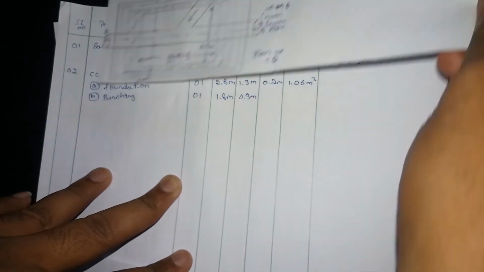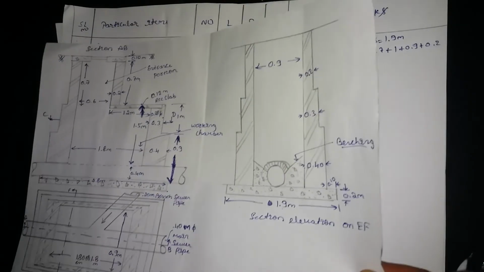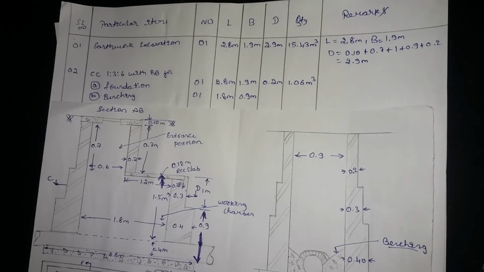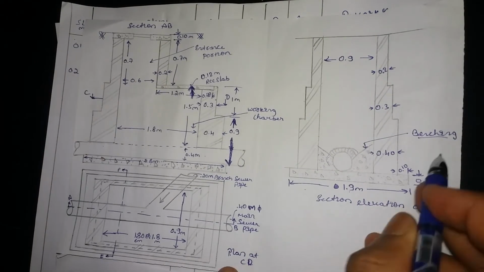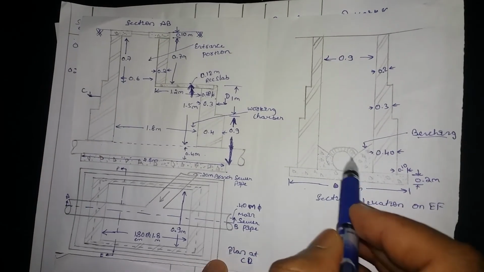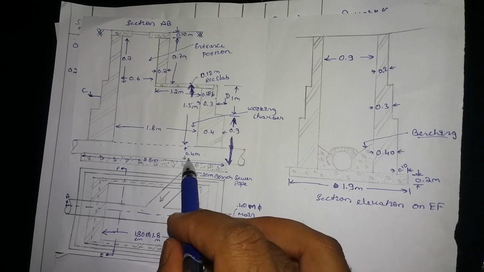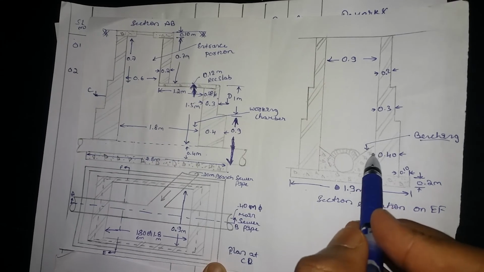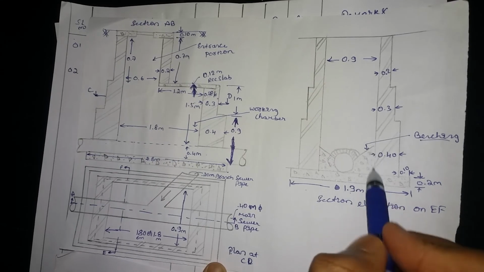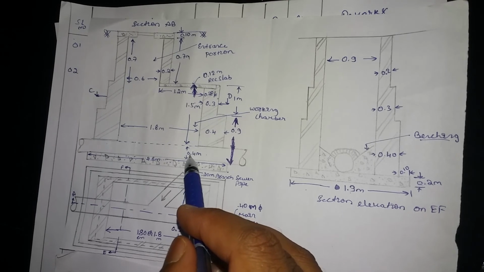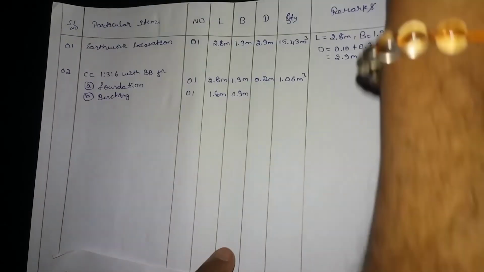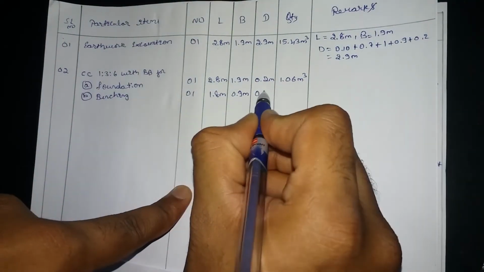Now what is its thickness? Thickness of the benching is, see here, whatever the benching is there, the thickness is considered as, whatever the diameter of that pipe is there, that is the thickness, or sorry, it is depth, we call it a depth, or height of that benching is considered as the thickness of the pipe. So it is given as 0.4, that is your depth of the benching. So I'm going to take it as 0.4 meter.